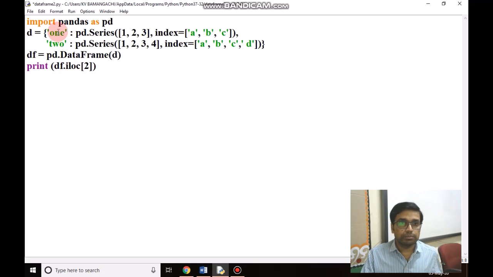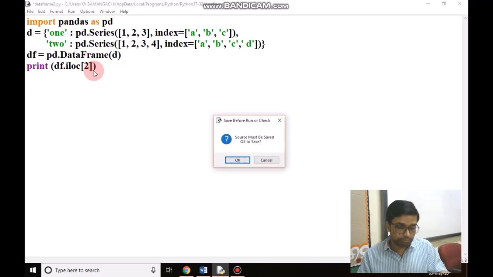There are two columns, column 1 and column 2, and there is some data with index, and we have converted the dictionary to a data frame with the help of this syntax pd.DataFrame, and the value is mapped into the df variable. Then print df.iloc[2].